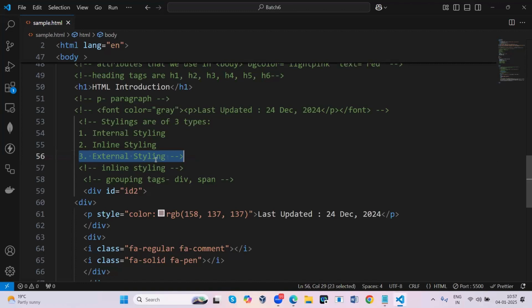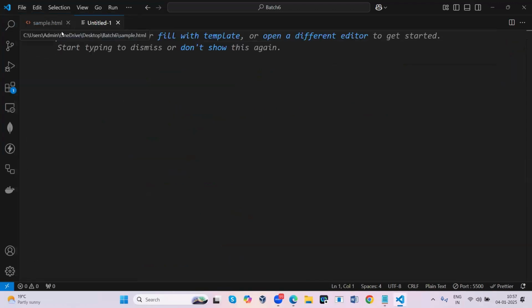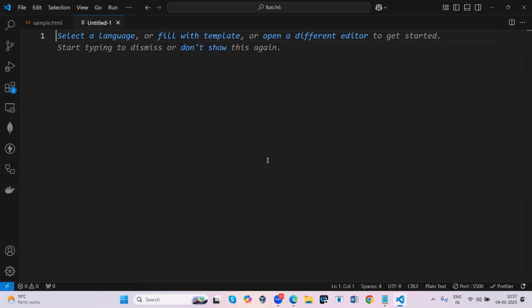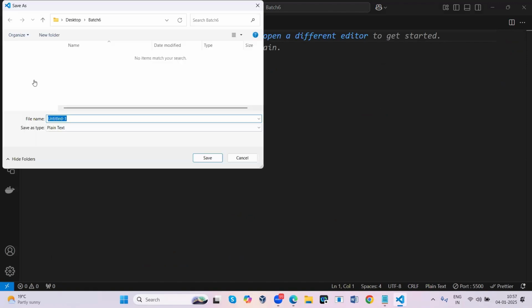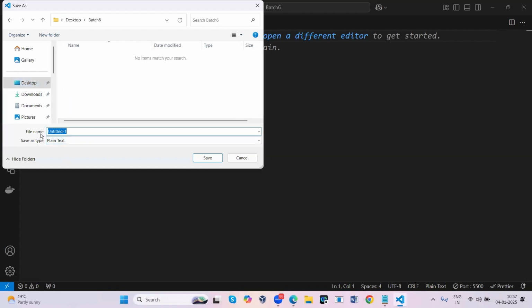How to create external styling: simply open one new text file and save that file with an extension called .css. That is compulsory. I'm giving my file name as styles.css.